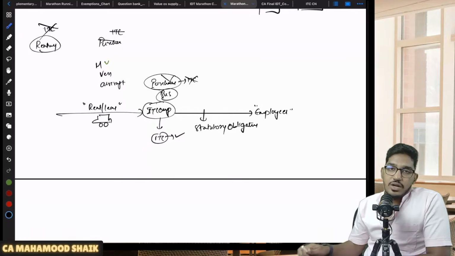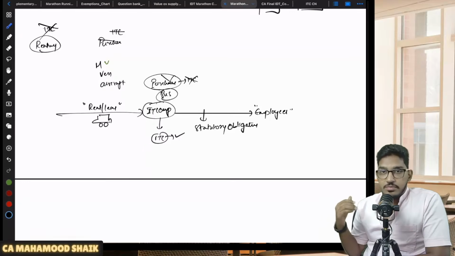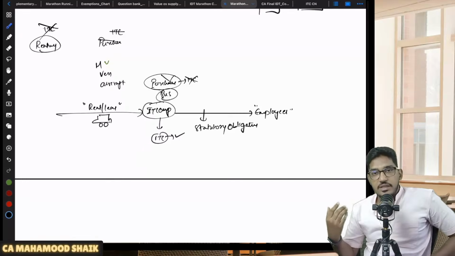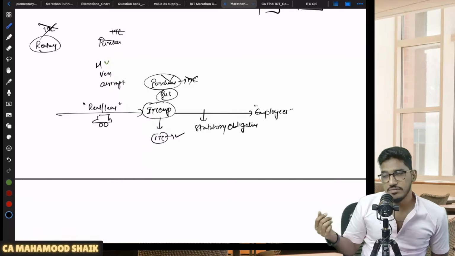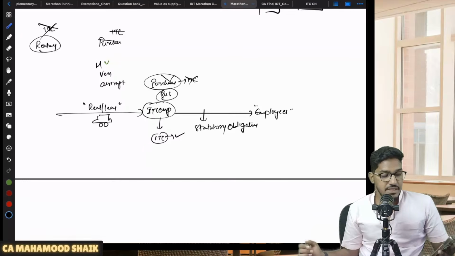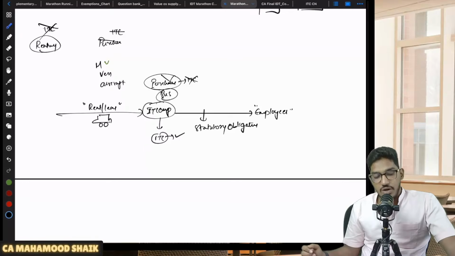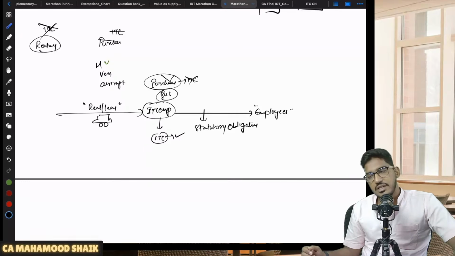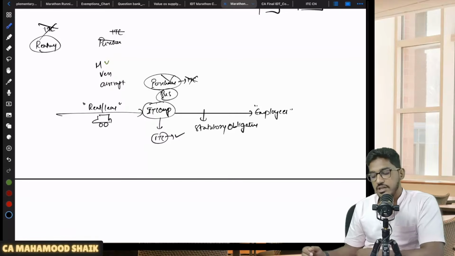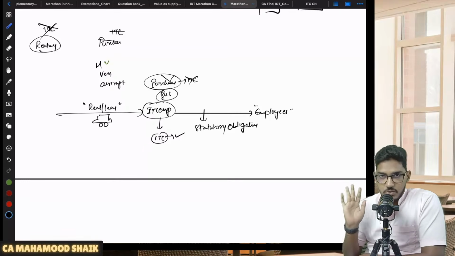Sir, what if they purchase a bus? On a bus, anyhow, it is not an ineligible motor vehicle. The ineligible motor vehicle is a motor vehicle designed to carry passengers having a seating capacity of less than or equal to 13. A bus will have a seating capacity of more than 13. So that is not an ineligible motor vehicle. Can they take ITC? Yes. On a bus, they can happily take the ITC. There is no restriction, no blockage of credit in respect of a bus. Okay, I'm talking about the cars.